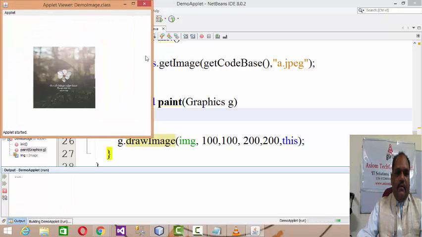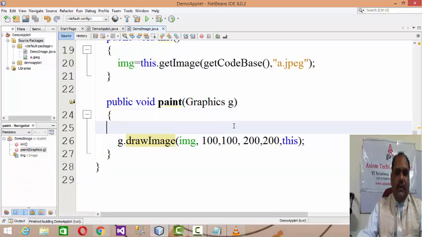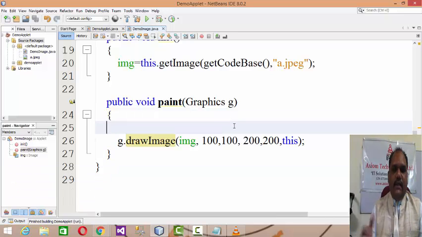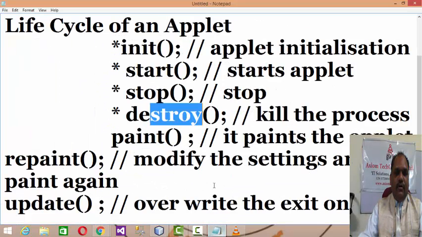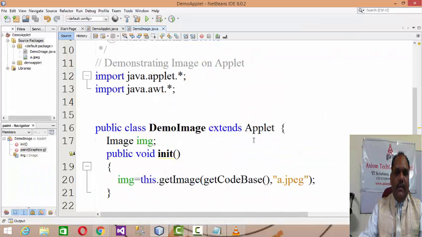Okay, hope you understand this. In the last sessions we discussed how to draw lines, how to draw rectangles, how to fill circles and so on. And in today's session we first focused on what the life cycle of an applet is and how it is performed, and then I demonstrated how to put a GIF or JPG image onto your applet window.